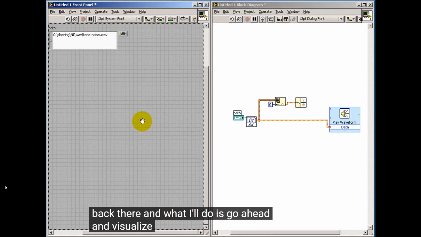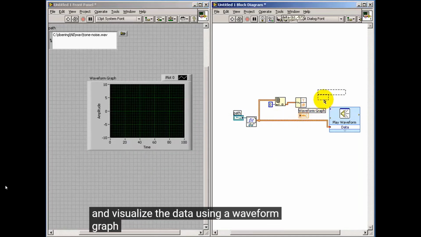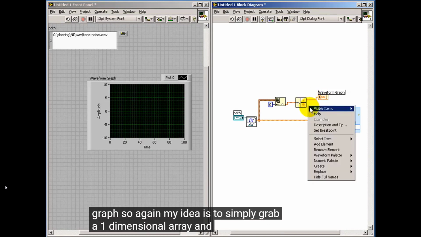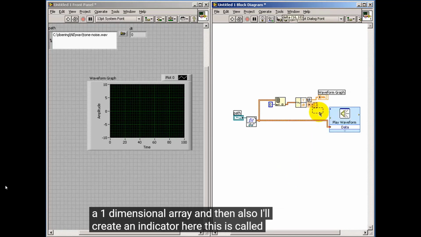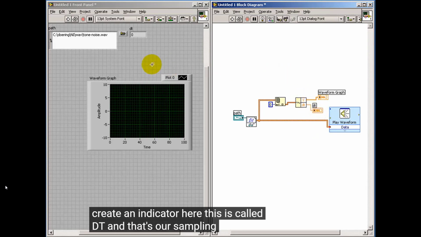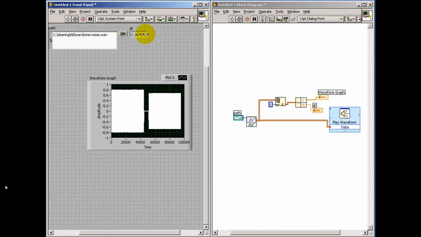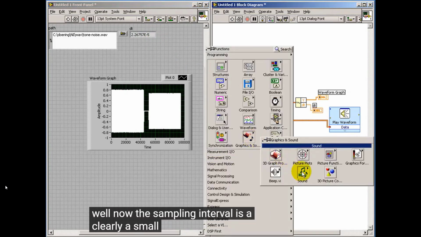And what I'll do is go ahead and visualize the data using a waveform graph. So again, my idea is to simply grab a one-dimensional array, and then also I'll create an indicator here. This is called DT, and that's our sampling interval. All right, that seems to work out pretty well. Now the sampling interval is clearly a small number,